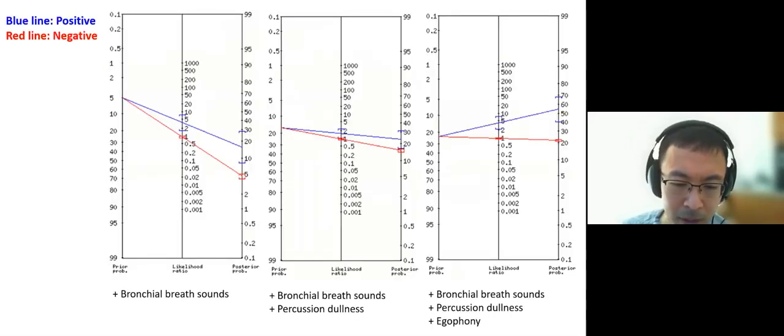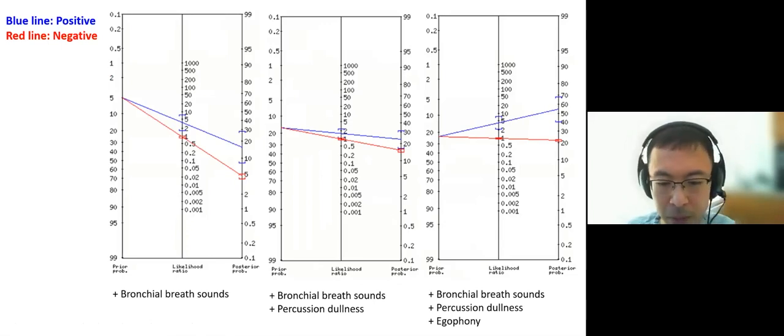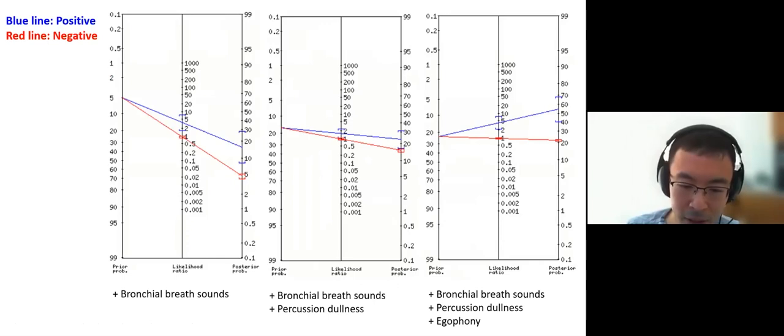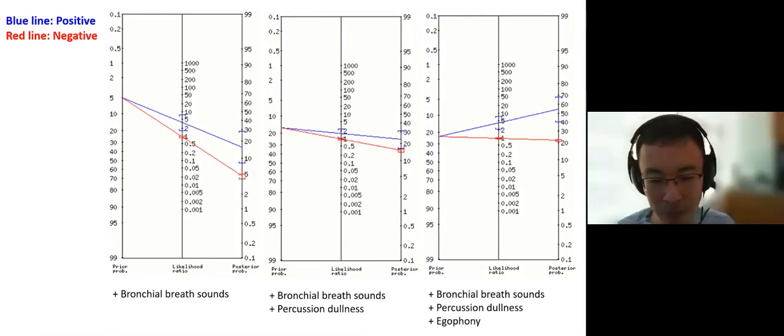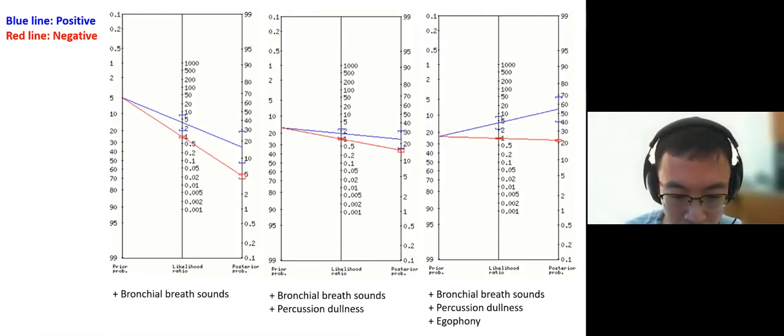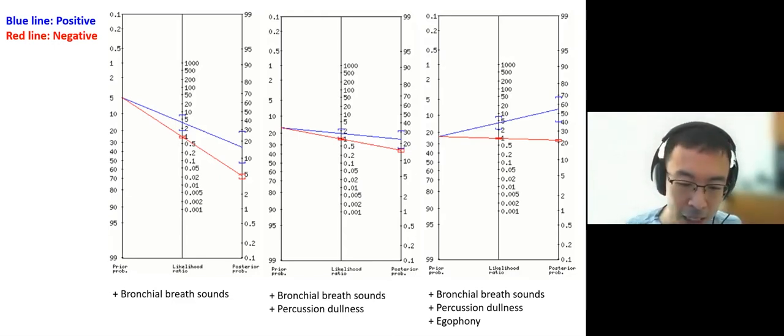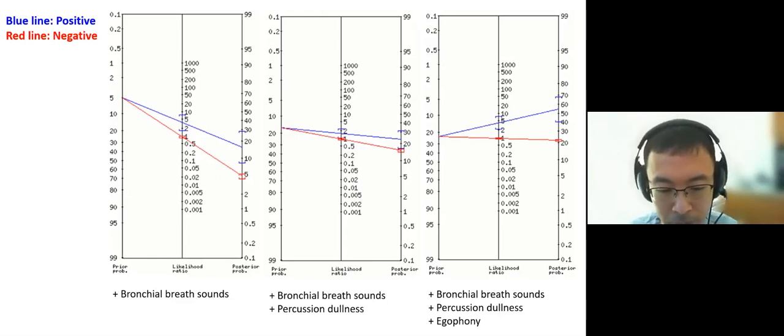So I'm going to illustrate this for you with this example. So let's assume you have this patient who comes to your office with a cough. So like I said, the pretest probability is about 5%. So start with the far left diagram. So if you hear bronchial breath sounds, then the probability of pneumonia is now 17%. That's the blue line. But if you don't hear bronchial breath sounds, that's the red line, the probability remains at 5% because the absence of these chest findings does not have sufficient power to lower the probability of pneumonia.